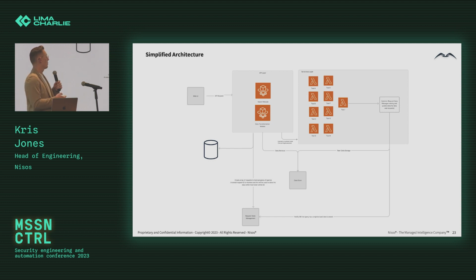So this was the state of play at Nisos about 9 months ago with this architecture, and from where we got to, we're now able to add in new tooling and APIs within about 30 minutes. Previously, in the old platform that was tried to be created, you're talking like 3-4 days with painful deployment and development processes. Now it's plugging in a Lambda with a tiny bit of config, and all of a sudden you have a new data source that's able to be used.